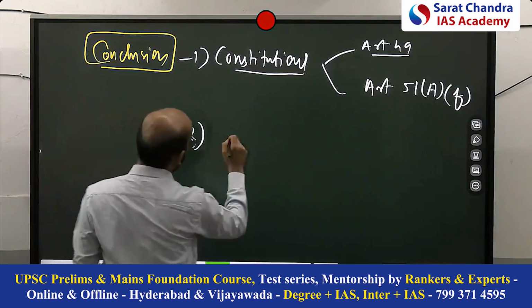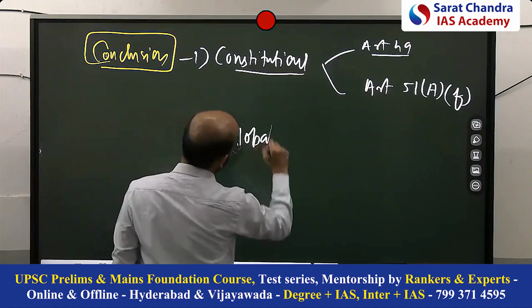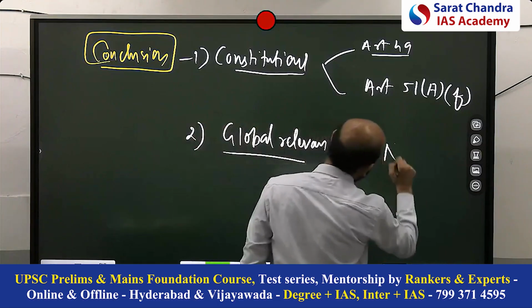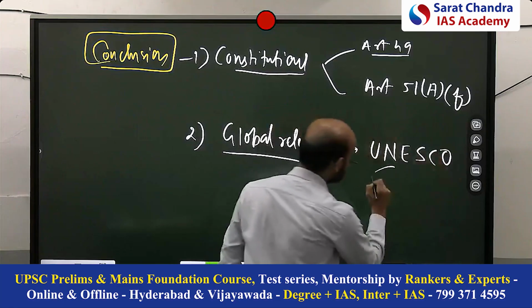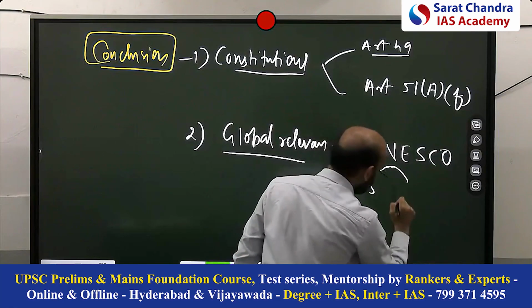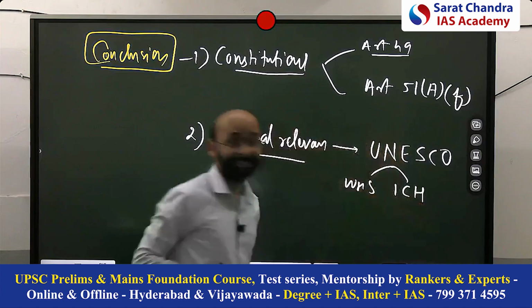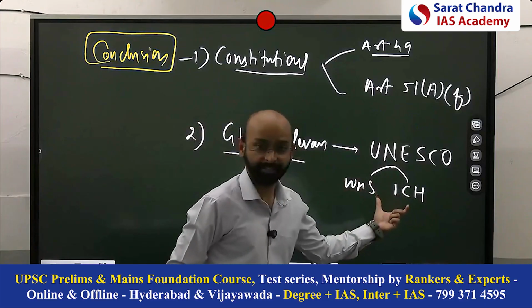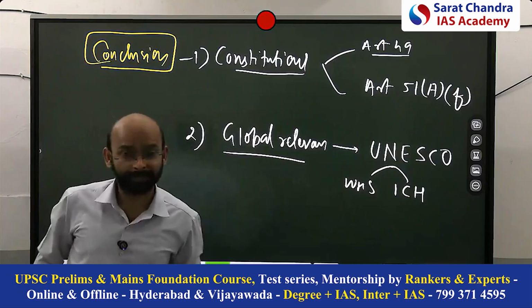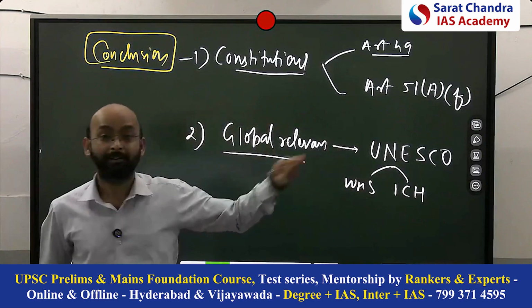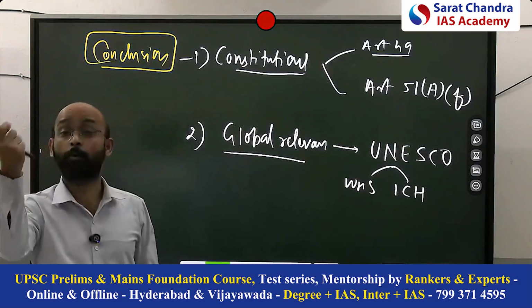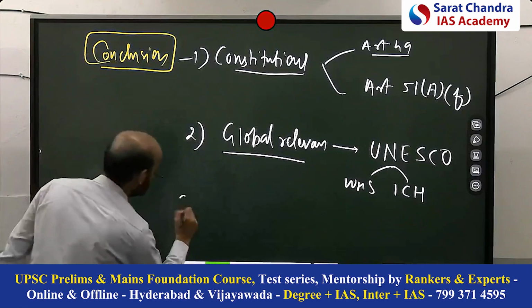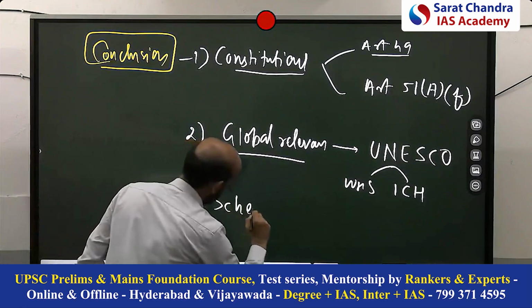The second way is going for the global relevance. How can you give the global relevance? UNESCO. Either the World Heritage Site or intangible cultural heritage, Creative Cities, they have certain initiatives. Like the Chola temples are recognized as a World Heritage Site, signifies its global recognition, global significance. Conclusion. Okay.